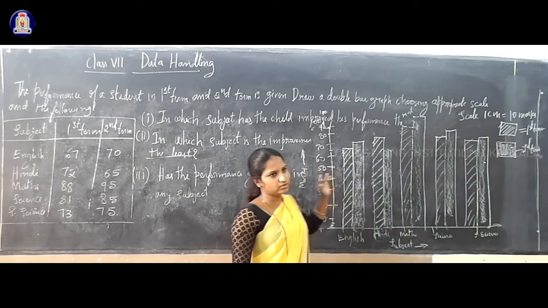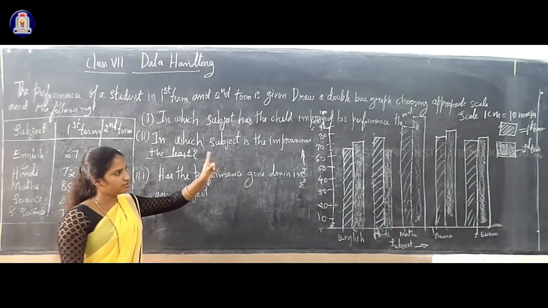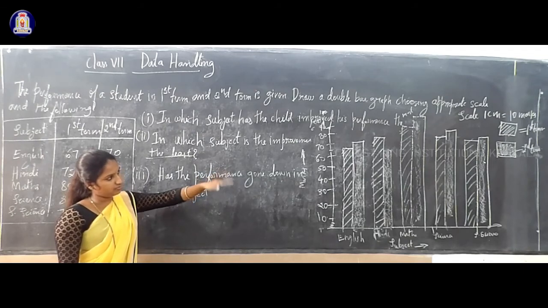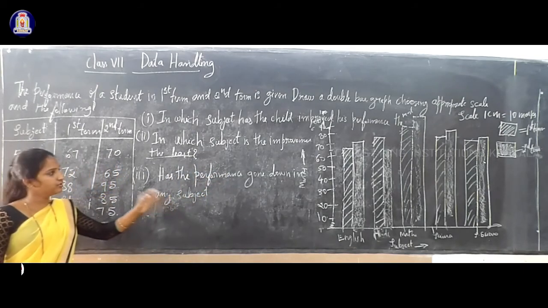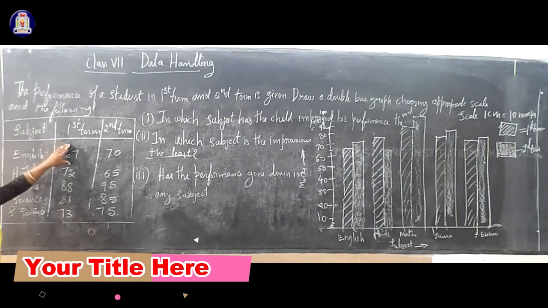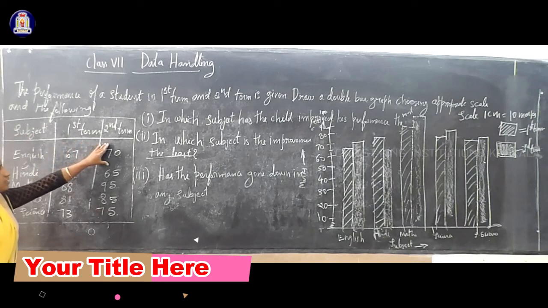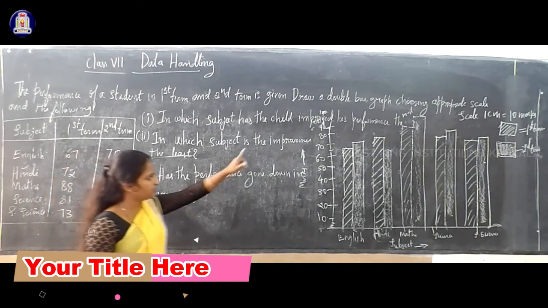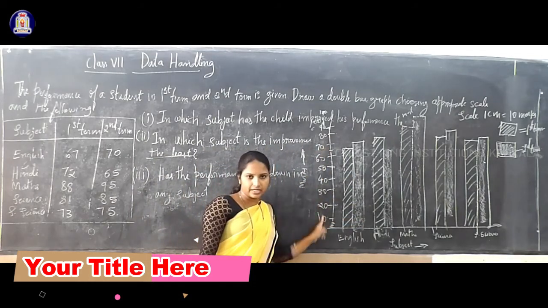So you can do some activity related to this. You can take some colored paper and draw a double bar graph or bar graph. Like this, you have to draw some table. You can consider English. You can write over number. For example, in 60, English 60 and in second term 70, like that. Okay. So you can use some colored papers and you can draw some bar graph and double bar graph. Clear? So understand the first, the horizontal line and vertical line.